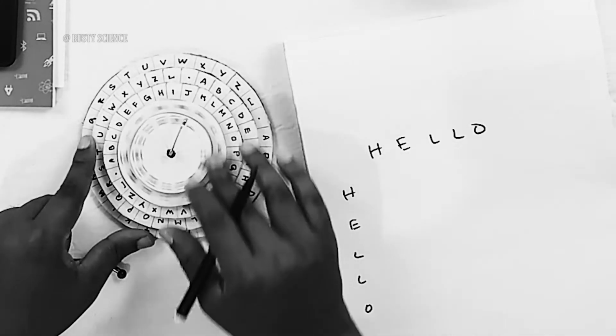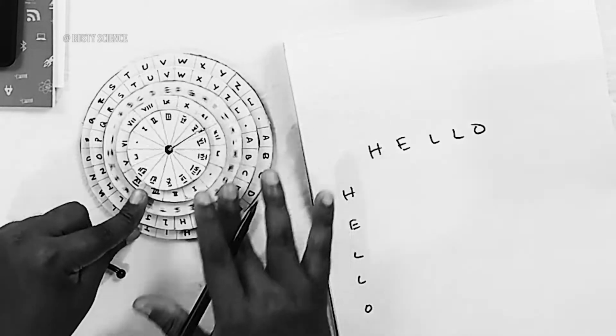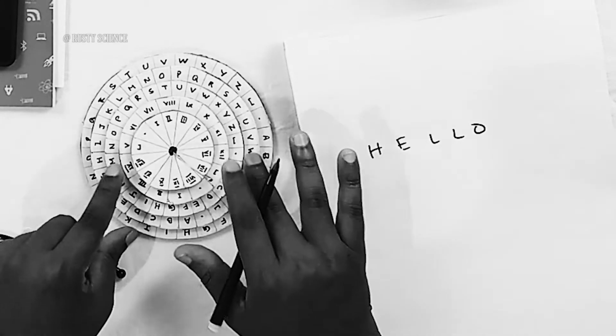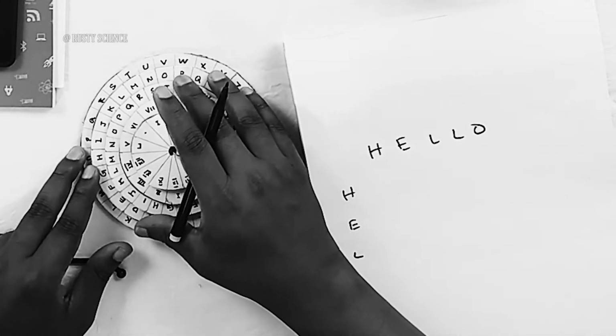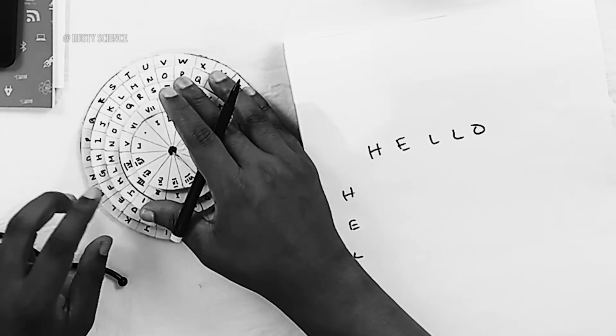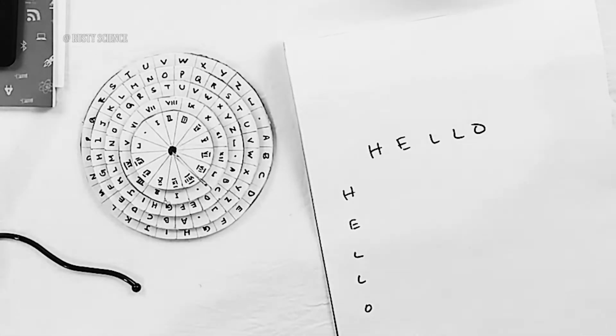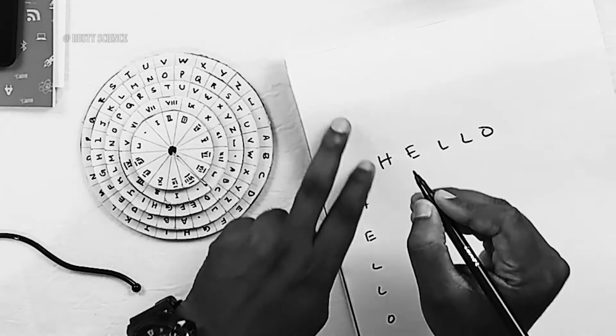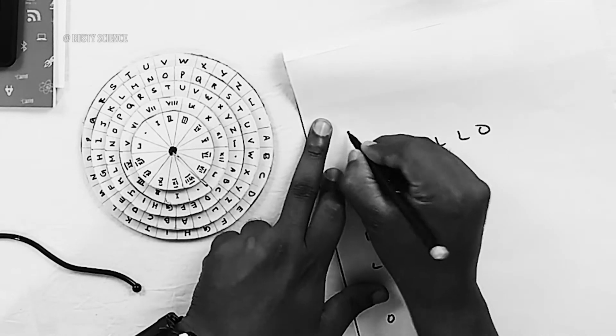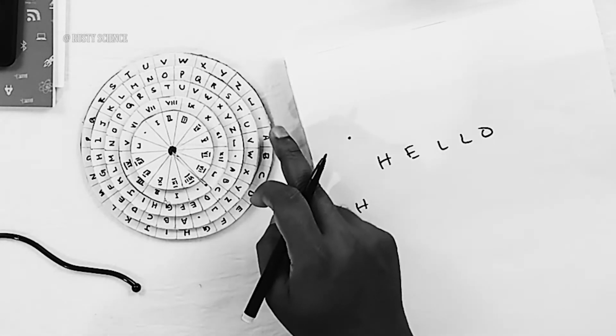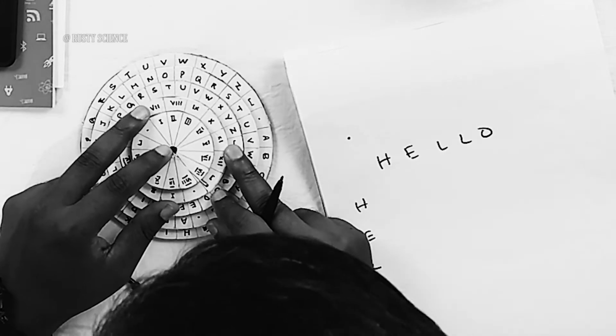First, initially you just spin it as much as possible. However you want to spin it, you can spin it. This is your initial position. Once you have completely spun it, you should not change it. You can take one of the characters as a reference character. I'm going to take dot as my reference character. With respect to dot, what are all the characters I can find?